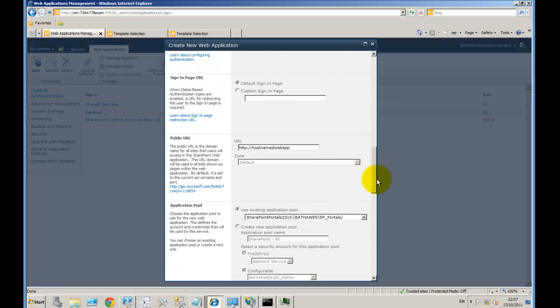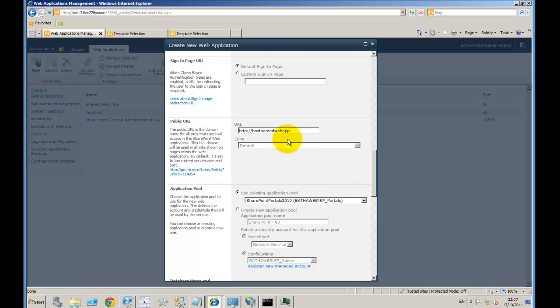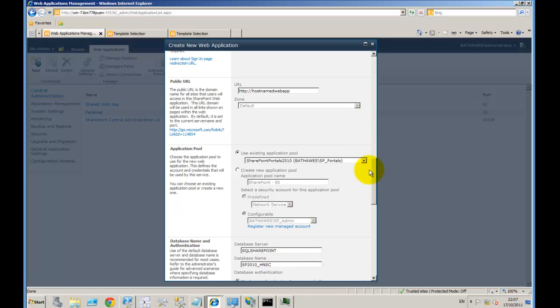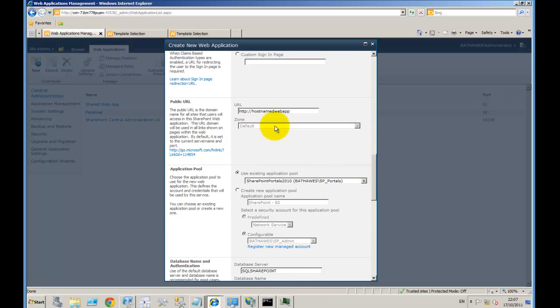The other option that's of interest is the public URL. Now, hostname site collections don't support alternate access mappings, as there is effectively only one zone here, the default zone. So it doesn't matter too much what URL you put in there, unless you're using SSL on your host-named site collections. If you do that, you'll need to specify a URL that adheres to your SSL certificate, and if you're going to be creating multiple hostname site collections in one web application using SSL, you'll need to use a wildcard